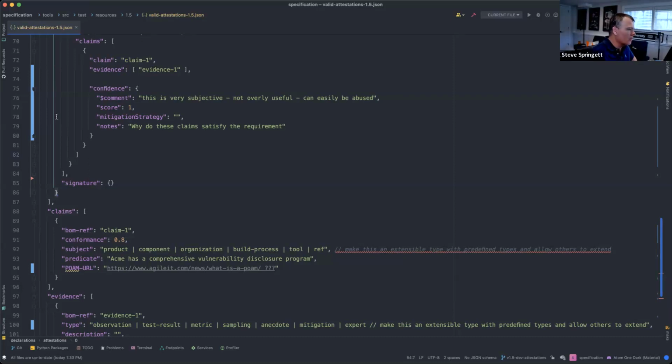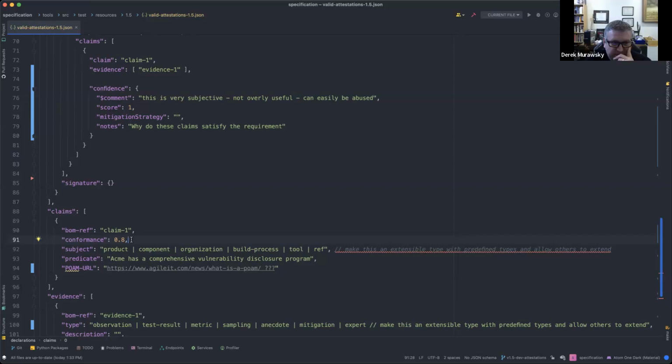Well, here's the thing, right? Conformance is also going to be specific to the standard or the requirement. At that point, maybe I'd say bumping it up into that other section, the map, would make more sense. How conformant are we with this particular requirement of the standard? That would make sense. Wouldn't it?